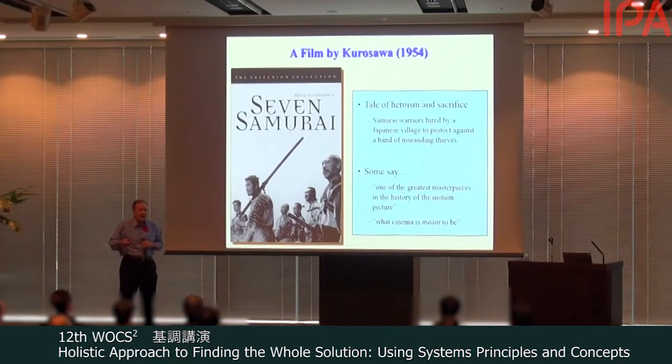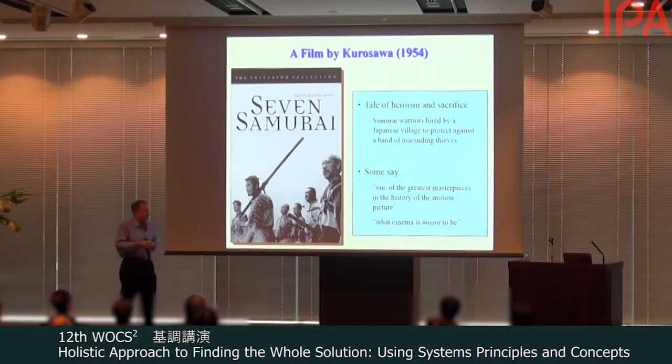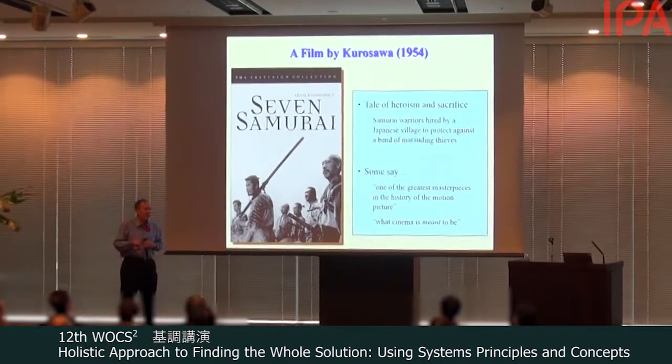But the samurai realized the leader of the samurai could not do it by himself, so he had to recruit helpers. So that's what we do as system engineers. We may have the main thing we're designing and building, but we may need to have our main system work with the other systems in a more holistic system of systems. So we can learn some things by understanding the story of the 7 samurai.